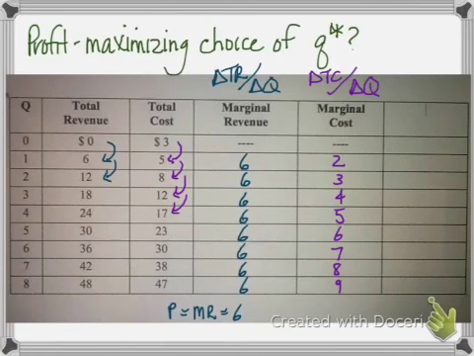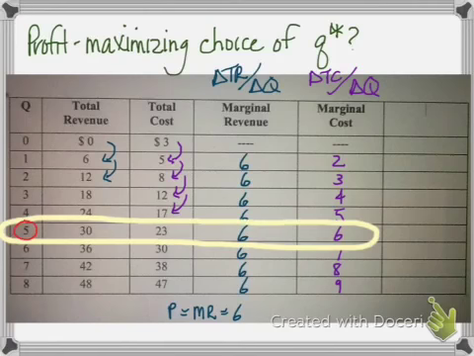And so how does the firm choose how many units to produce? Well, it does a comparison. It looks at the marginal revenue column and compares it to the marginal cost column. And it looks at how much extra revenue am I going to get compared to how much extra cost I'm going to get. And so when we look at Unit 1, we're going to have extra revenue of $6, and we're going to have only extra cost of 2, so we should produce that unit. Now, should we produce unit number 2? Well, we're going to take in an extra $6 and only have extra $3 of cost, so we should produce